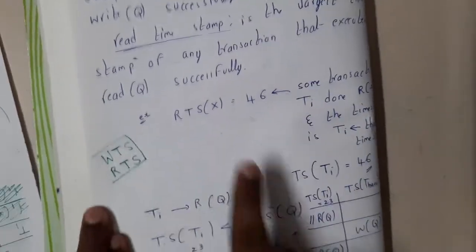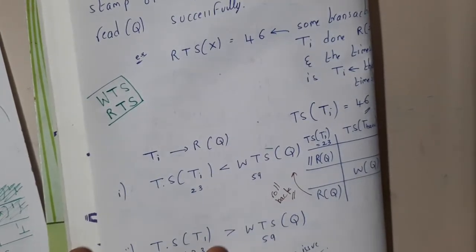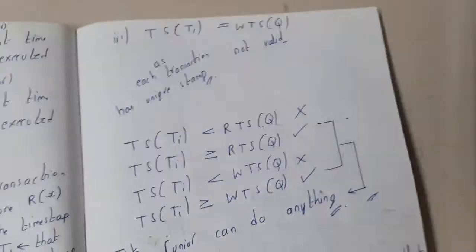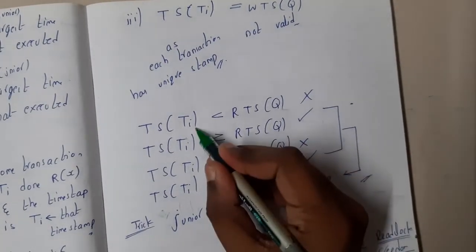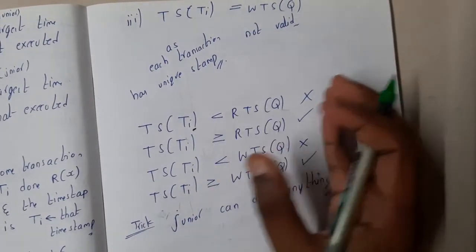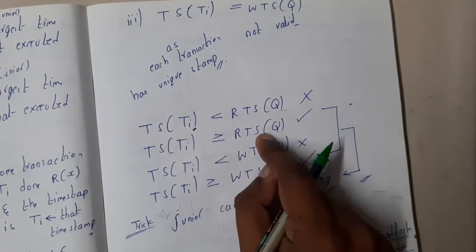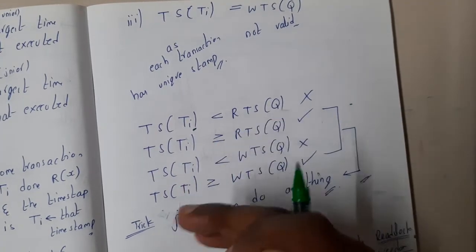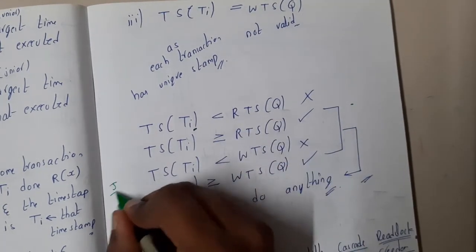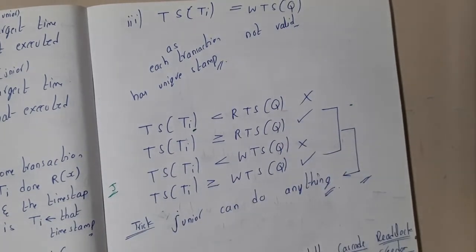read operation. So in the same way how I explained you an example, here also I took an example. I checked the same conditions, guys. So the final conclusion is this: whenever the new timestamp is greater than or equal to our write timestamp, so basically whenever the request is from the junior, we are going to accept it. In any other case, we are going to cancel it, right?